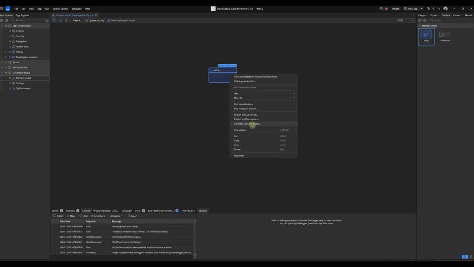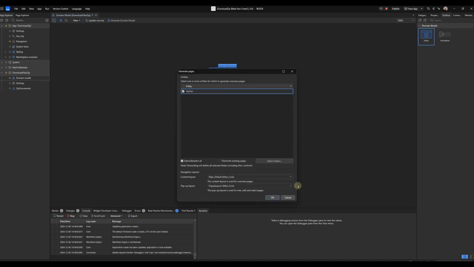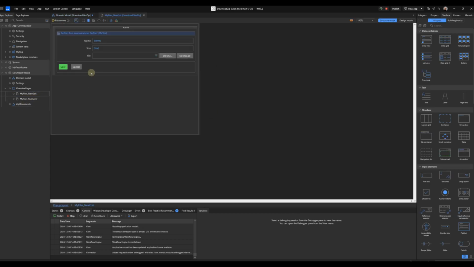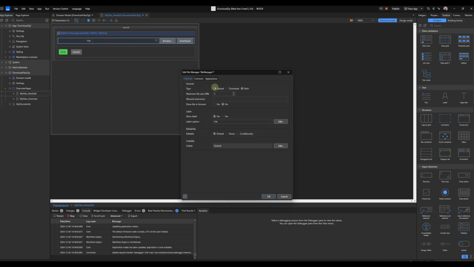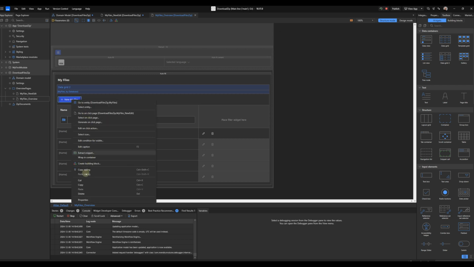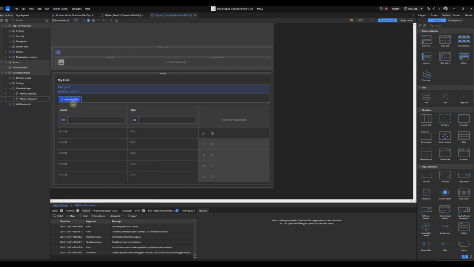Now I will create a page: right-click and generate our page. OK. Let's go to the new edit page. I don't need this, just upload will be enough for me. That's OK.